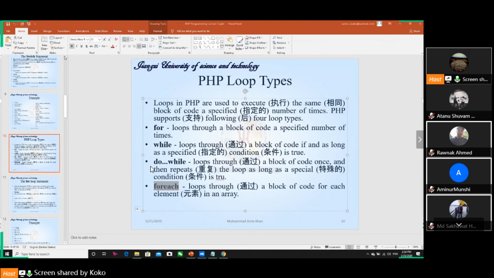Do while loop runs at least one time. If the program runs at least one time and next time we ask the user, then we use a do while loop. But the foreach loop we use for array elements, because if we declare an array of 50 elements,